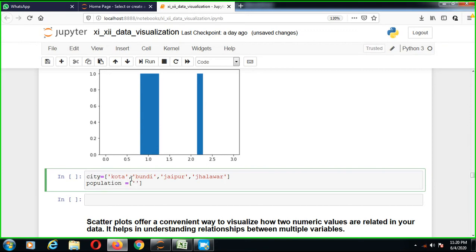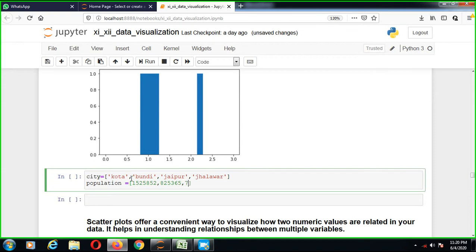Suppose Kota population is 15,25,200, and Bundi 8,25,365.